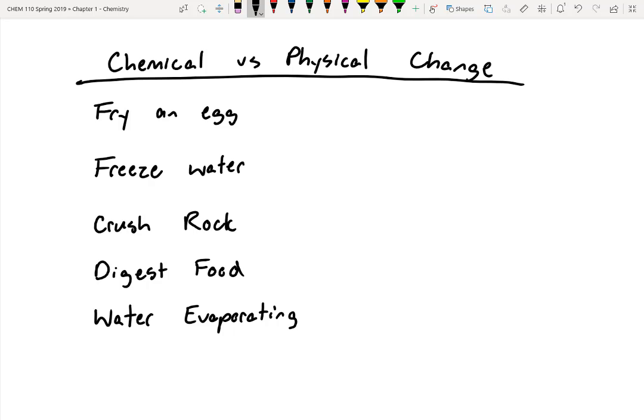One thing to think about, though, is whether or not the substance is really changing during this process, right? Is it changing into a new type of compound? So another way of thinking about it is at the beginning you have raw egg, and at the end you have cooked egg. Are they the same? No. Not quite. Another way of thinking about this is, can you ever uncook an egg? No, you can't uncook an egg, right? So because this is a process that's irreversible, we're changing it into a new state of matter. This must be a chemical change.